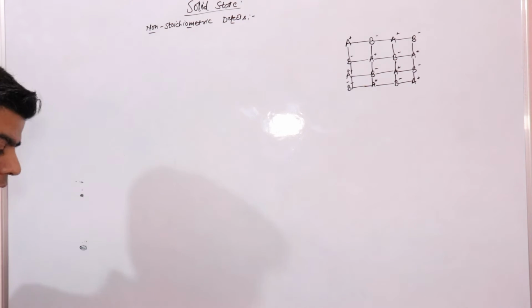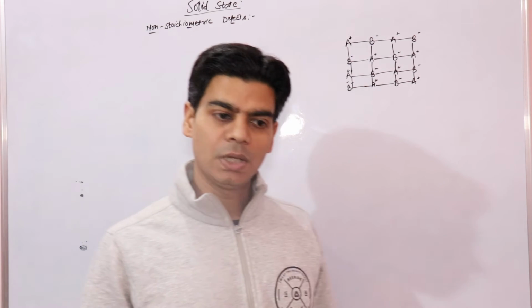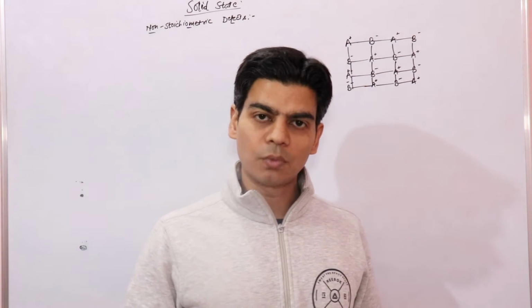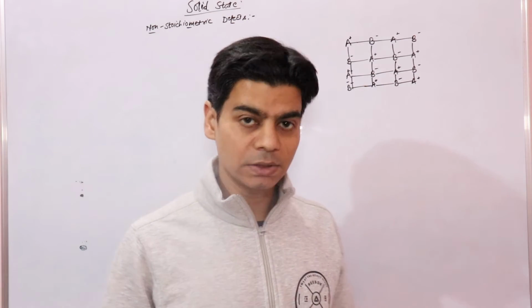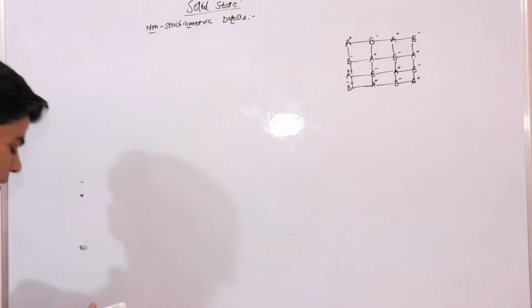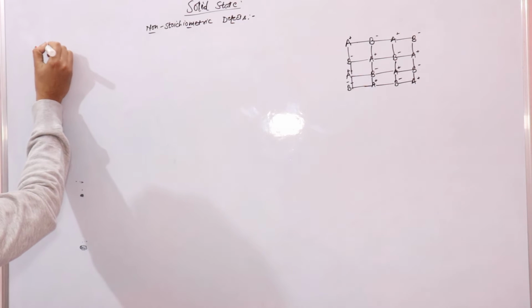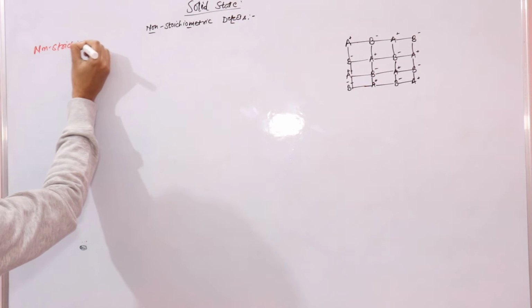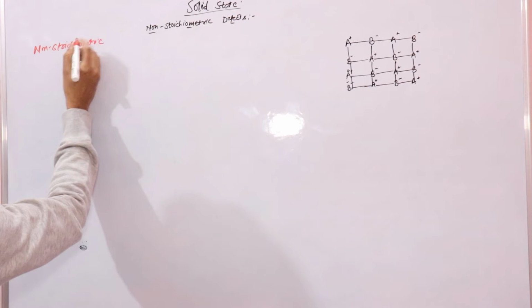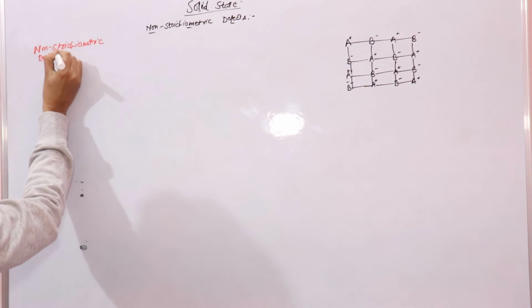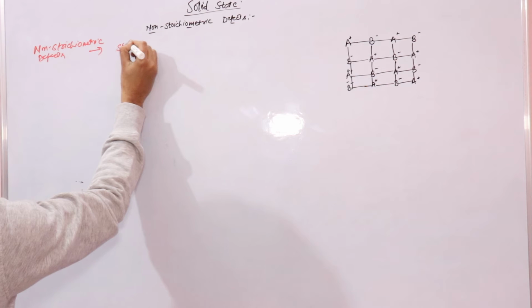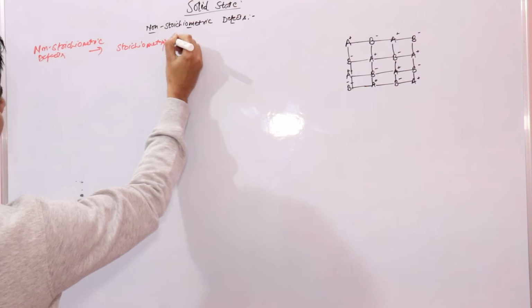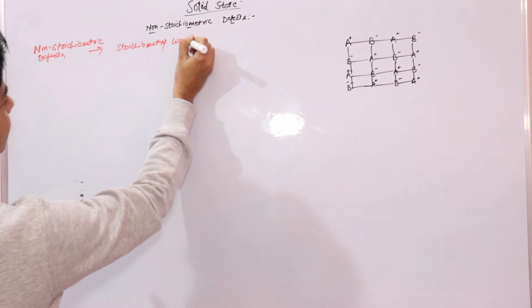Now, when we talk about non-stoichiometric defects, in non-stoichiometric defects, the stoichiometry of the compound would not be maintained. That is, the stoichiometry of the compound would be disturbed. In non-stoichiometric defects, here stoichiometry would not be maintained,